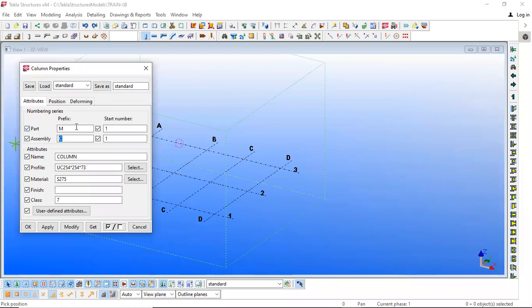This numbering identification will generally be as per the shop, the fabricator. Whoever is the fabricator will decide the marking system. If you don't have any system from them, then we will go for the default system given by Tekla Structures. We can follow the default, or we can go with the fabricator settings.